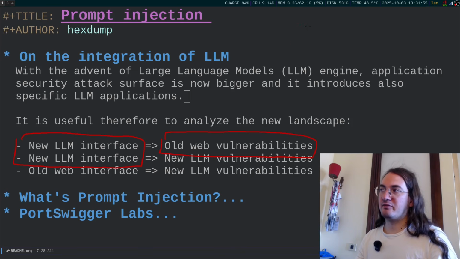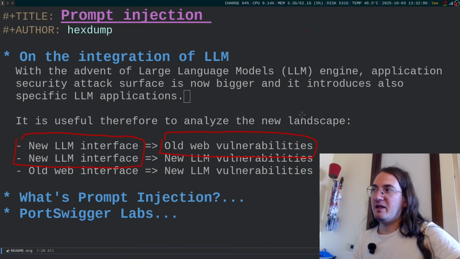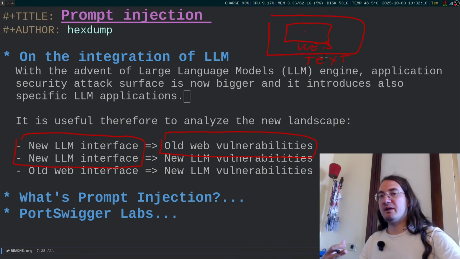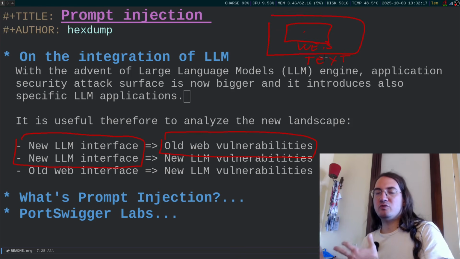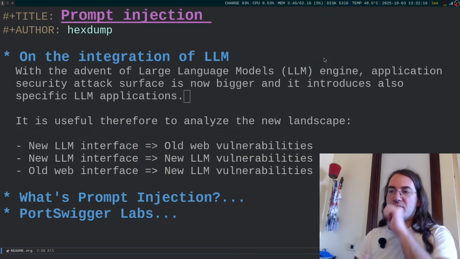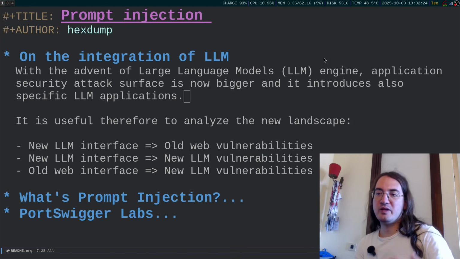So in terms of payload, we can imagine that we have an outer payload made of text, which includes a classical web payload. But I have to express the web payload within a sentence, within a paragraph, so that it is processed by the LLM and then given to the internal functions. So that's one possibility. Another possibility is that through the new LLM interface, I actually have new LLM vulnerabilities, because